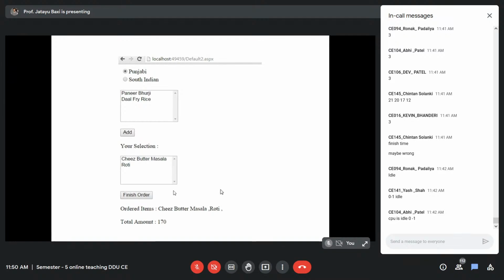Okay. So how is this program working? I will select the type of food item that I want to order. Based on the type of the item that I select from the first radio button list, the corresponding list box will be filled with the items of that particular category. Okay. So as soon as I change the selection, if I click South Indian, then the corresponding items from the South Indian category will be loaded into the list box. And when they are loaded, the previous items should be cleared. Okay, so that is one task.